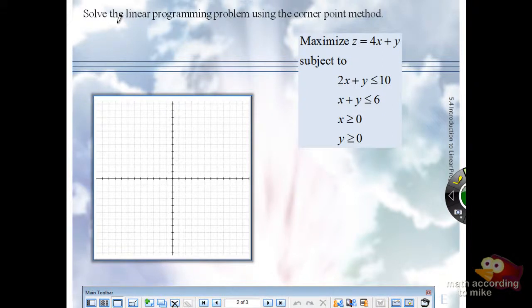So what we do is we ignore the maximize the equal statement, and we just focus on this system of inequalities. And we graph it like we did last section. Remember the last two there? These last two inequalities are called what? Non-negative constraints. And they say to keep our answer in